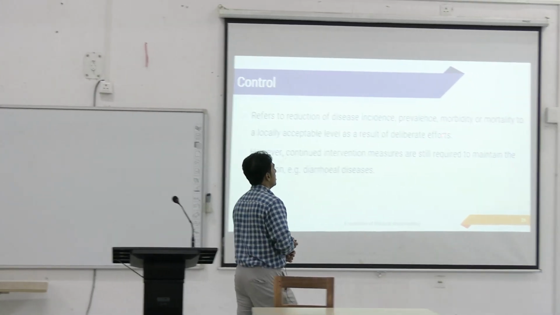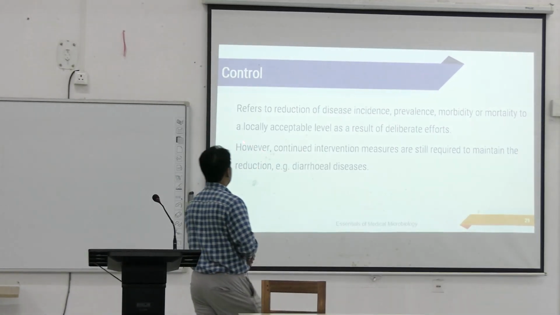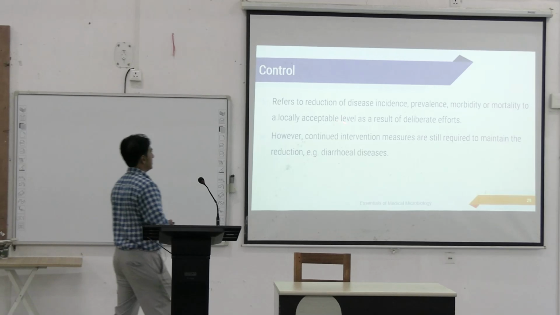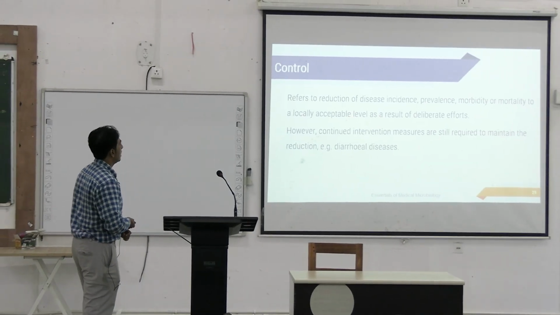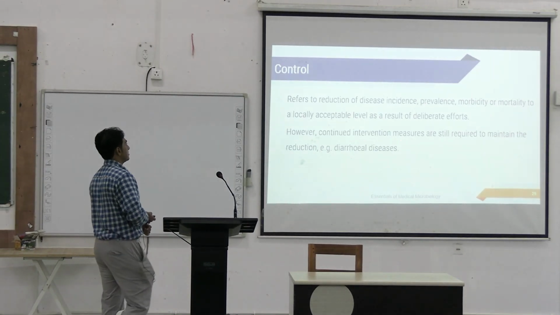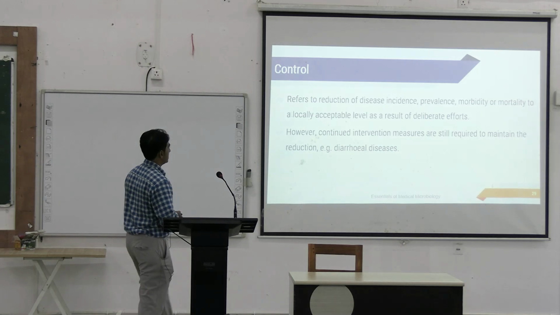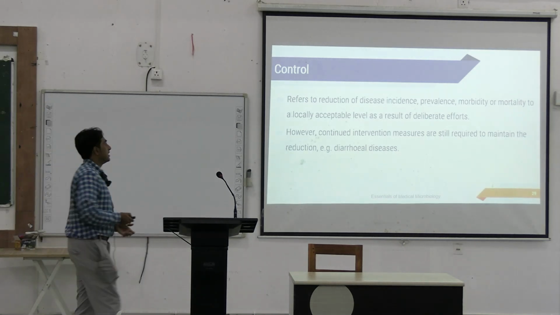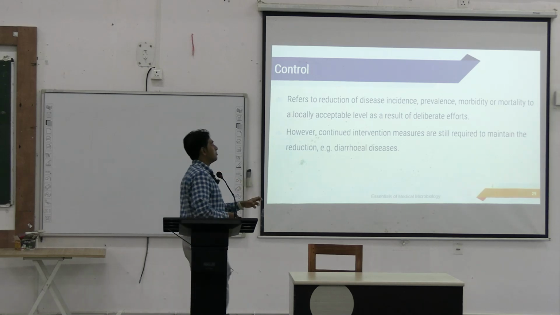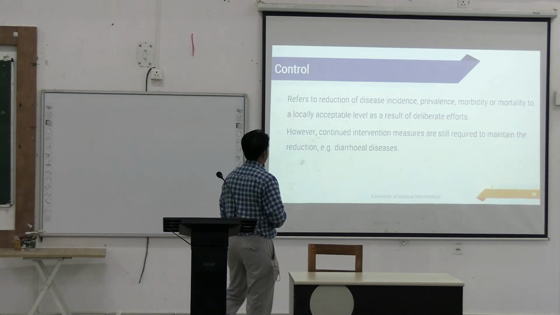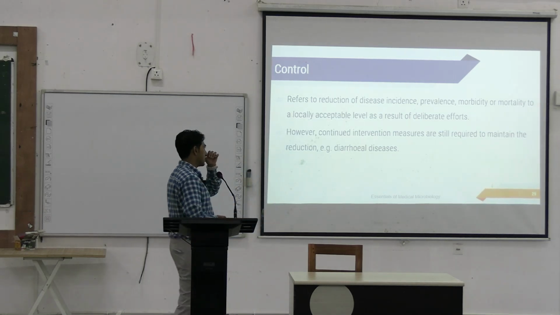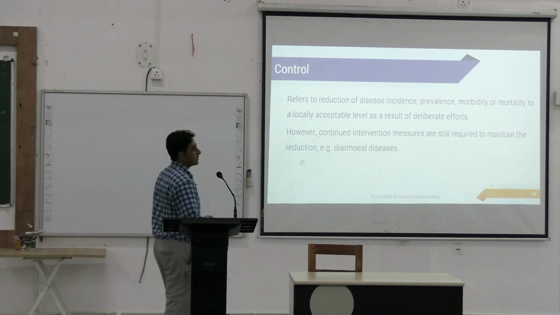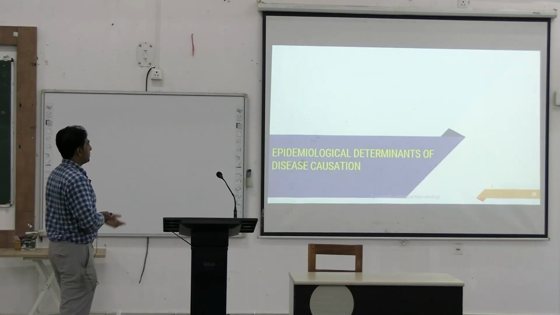Control: this refers to reduction of disease incidence, prevalence, morbidity and mortality to a locally acceptable result as a result of deliberate efforts. However, continued intervention measures are still required to maintain the reduction, like diarrheal diseases. Control কোন জিনিসগুলোকে করতে হচ্ছে? রেগুলার তাদের প্রিভ্যালেন্স, মরবিডিটি, মর্টালিটিকে এফোর্ট দিয়ে ইন্টারভেনশন মেজার্স দিয়ে তাদেরকে কমানোর জন্য। এক্সাম্পল হচ্ছে ডায়রিয়াল ডিজিজেস।